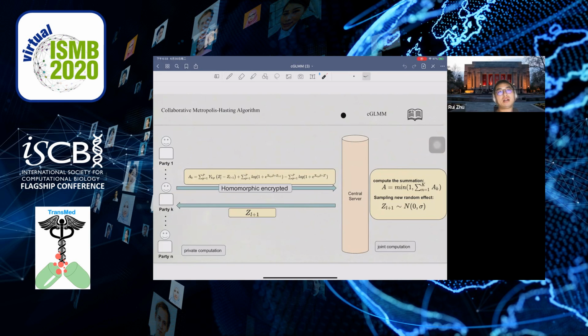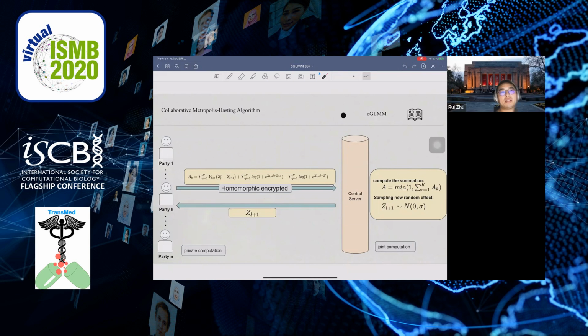In the beginning, the central server on the right-hand side sends the current beta to each client. The beta comes from the previous M step, or it could be the initial beta if it is the first round of the EM algorithm. Then each client uses beta and their own data to do a private computation to get an intermediary result, A_k. They send this result with homomorphic encryption to the central server in order to get a